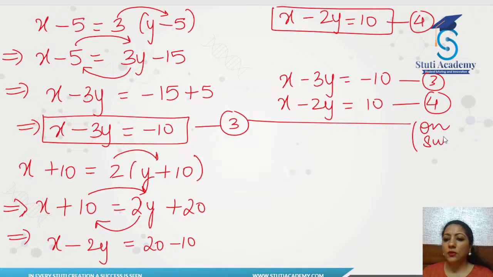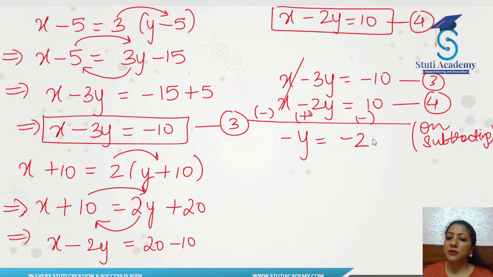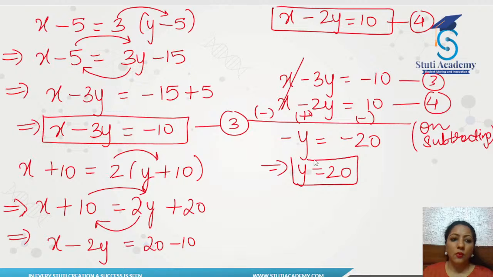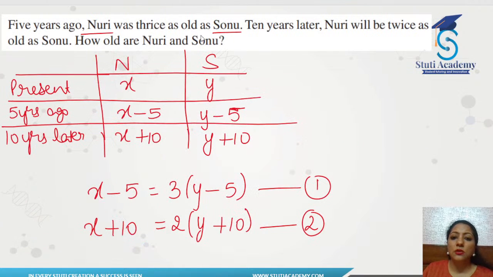We'll be subtracting. On subtracting, this will become minus, this will become plus, and this will become minus. So x minus x will become 0. Minus 3y plus 2y will give us minus y. Minus 10 will give us minus 20. And then we have y is equal to 20. That means Sonu's age, we've got 20 years. Now y we know is 20. We can put it in